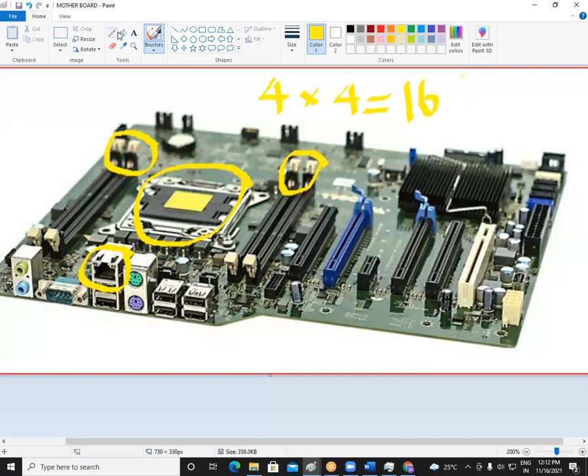You can see clearly there is one NIC card connected there. What this NIC card does is make the connection between our machine and the network. This is the place where you connect your cable. So there is one NIC card available. If you want to add one more NIC card, that is possible. How do we add one more? There is a separate NIC card available in the market. You can just go and purchase it, and we can insert that NIC card here.